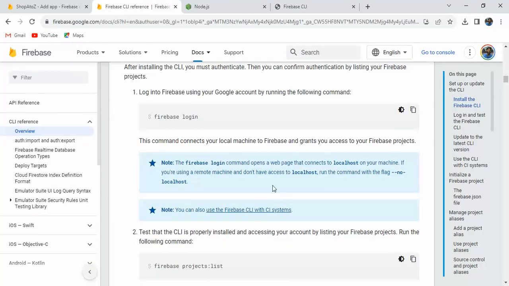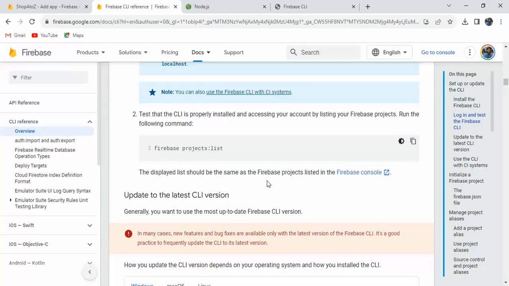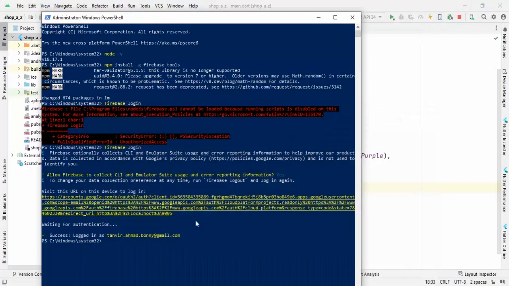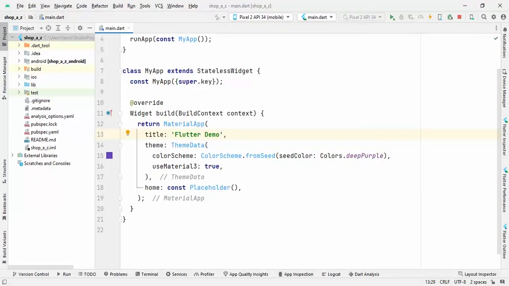After we successfully logged in, we can actually see the project list. If I just copy this and paste it to the console, we'll see the projects as a list that are included in our Firebase A to Z project, or the projects that we have created using that Google account. But I'm not going to do that. Instead, I will go to